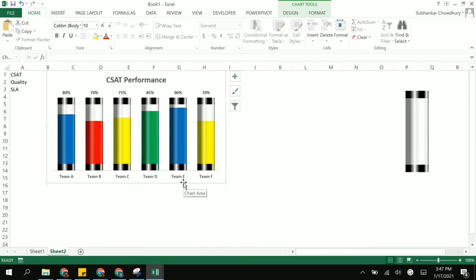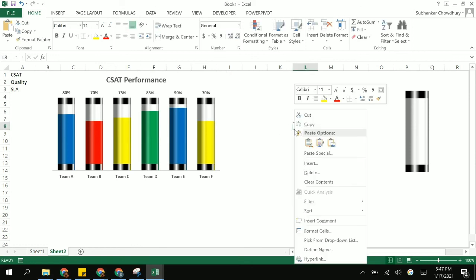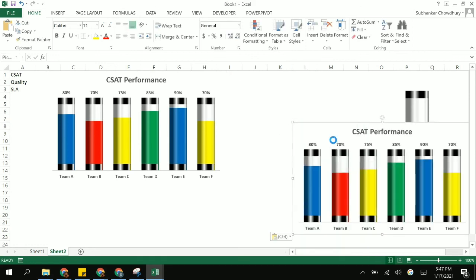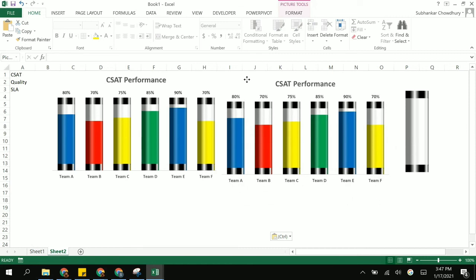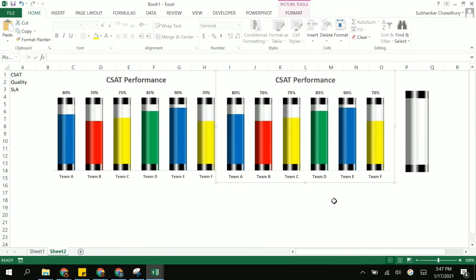So to convert it into an image, I copy this, I go to paste, I go to paste special. I didn't copy this actually, so I copied this and go here. Okay, I am not sure why it's not coming, but I can click here and select this. So here comes my image format of the same graph. And that's about it. That's how a glass tube is created, right?